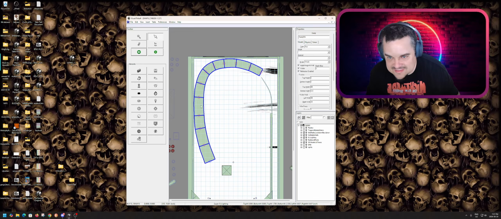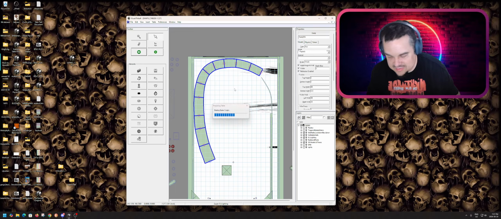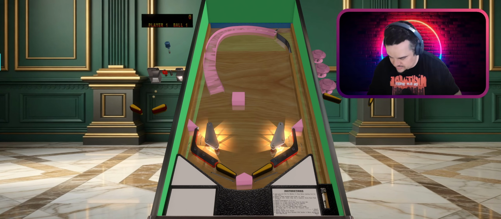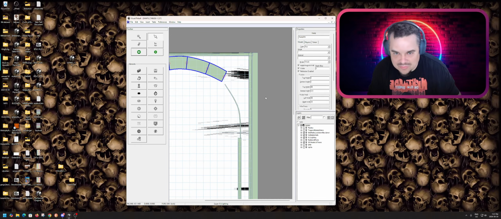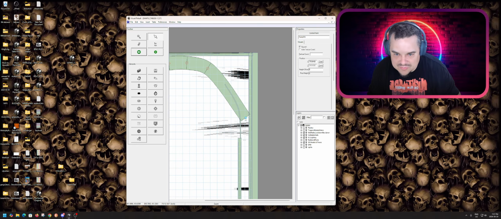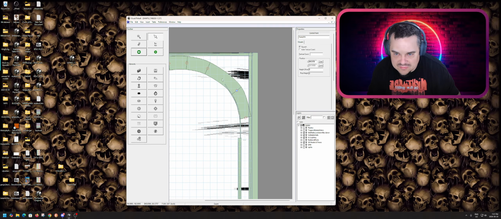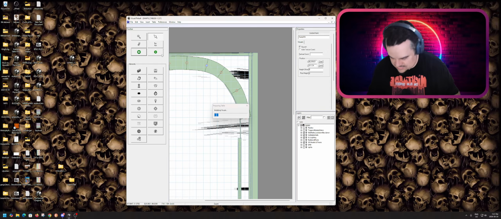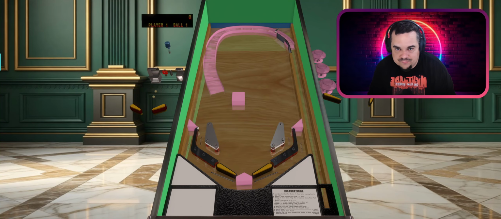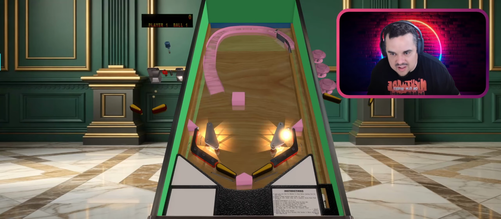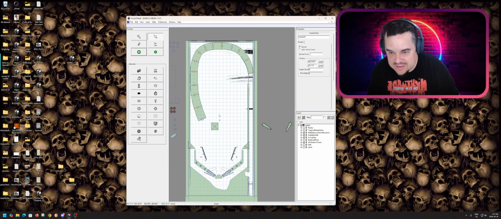So using this as a template, I'm just going to go ahead and launch a ball, show you that the ramp is flat on the table. Oh yeah, I removed that wall over here that guides it as well, so I have to bring this all the way down here. That's pretty much where the wall is. So this is where I'm going to have my outside orbit wall. Boom. All right. So now that I know that I have that wall and I like it,